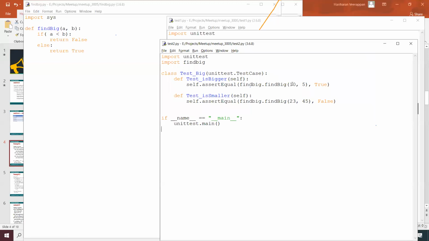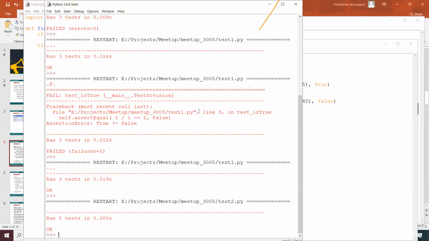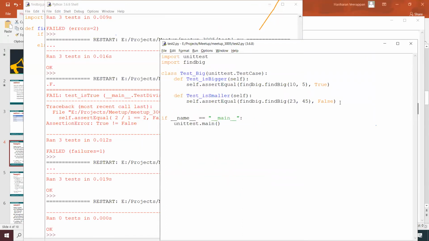Find big should give the output of true since A is bigger than B, and find big should return false since A is lesser than B. That we will check over here. Run.